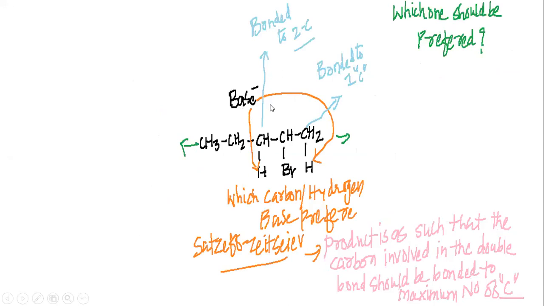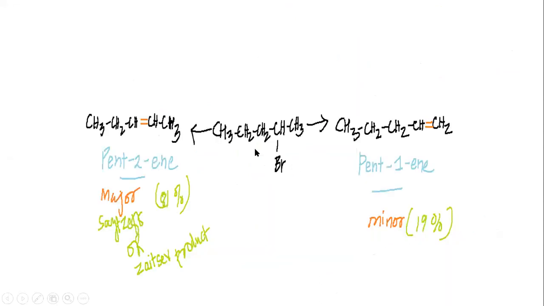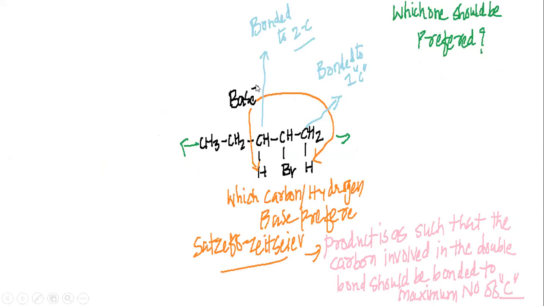So here in 2-bromopentane, the base can come and attack, my dear students, the carbon which is at the end of the compound, or the carbon which is present in between the carbon compounds. So here we have two types of beta carbon. One beta carbon is bonded with one carbon, whereas this second beta carbon is bonded with two other carbon. This carbon is bonded with one carbon and two carbon. This carbon is bonded with only one carbon.